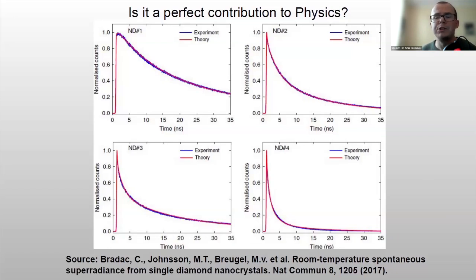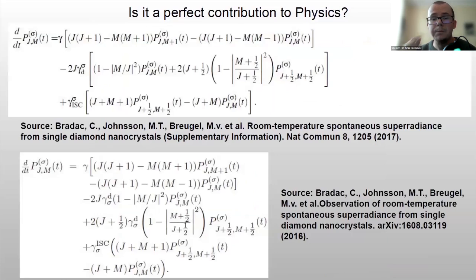And if we look at this particular contribution from Nature Communications, we can see that it was a perfect combination of theory and experiment, because they showed some plots that were from experiment, and then they presented their theoretical model of superradiance, and in those plots they showed that these two things match, so they are more or less the same. So it's a perfect situation for a physicist. Yes, we have both theory and experimental validation of this theory. But when we took a closer look at those